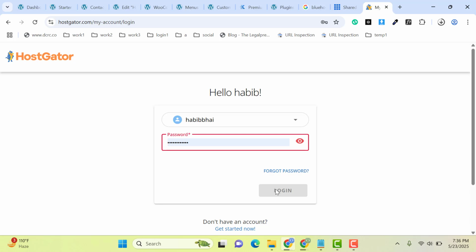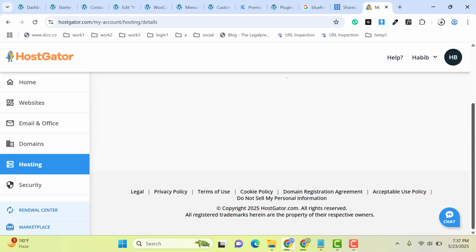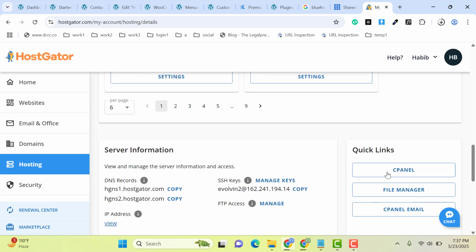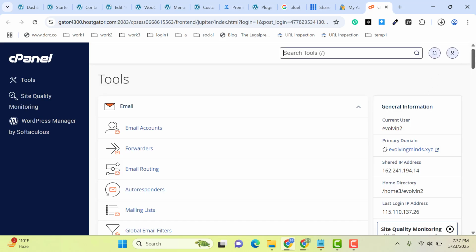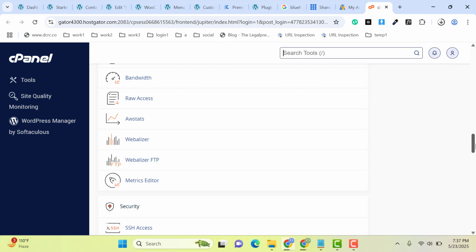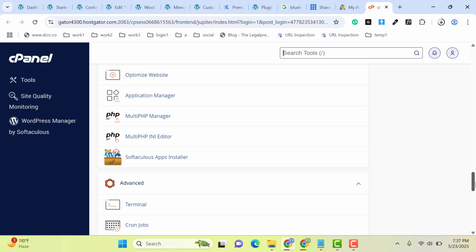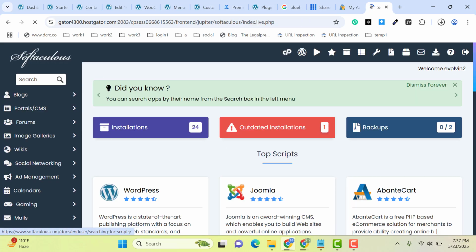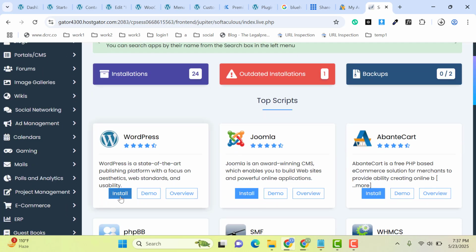Let me log in into my web hosting account. You need to scroll down and then here you can see cPanel. Just click here, scroll down, and then here you can see apps installer. You can install WordPress from here. Click on install button